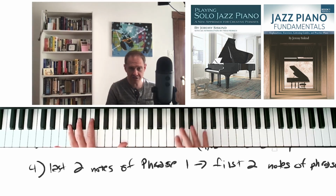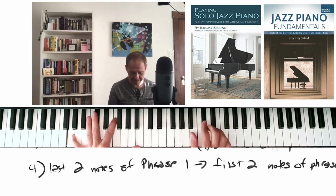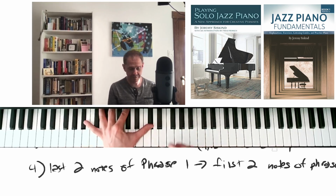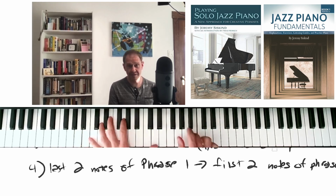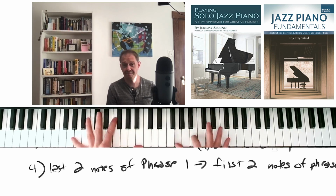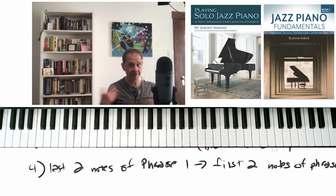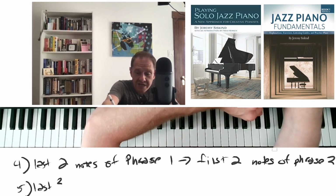Okay, I've got G sharp to G. So there might be times when you want to come in sooner with your next phrase to make things work, or wait longer until the notes fit. But that's really fun. And of course, then the next step would be, you probably have guessed it already, trying with 3 notes. So the last 3 notes of phrase 1